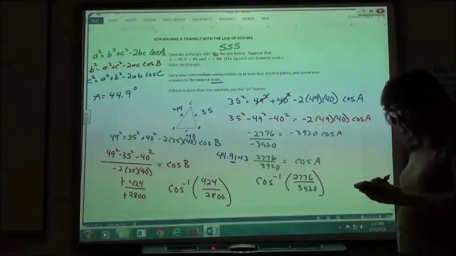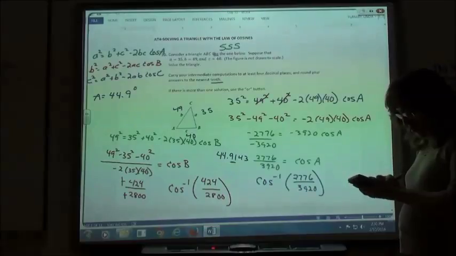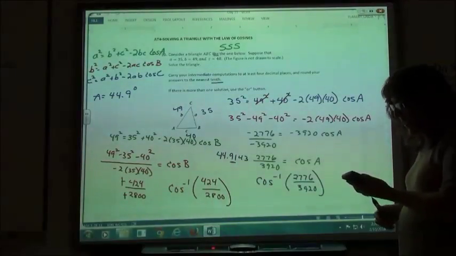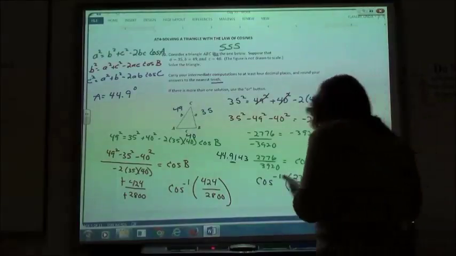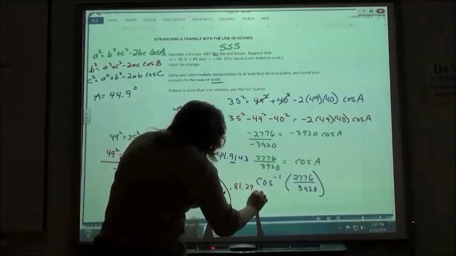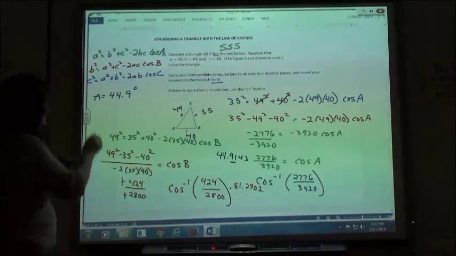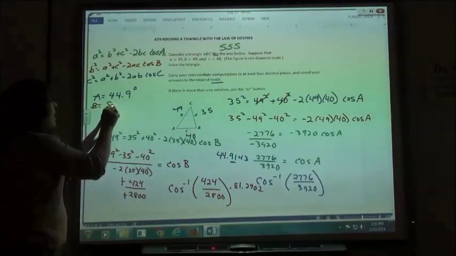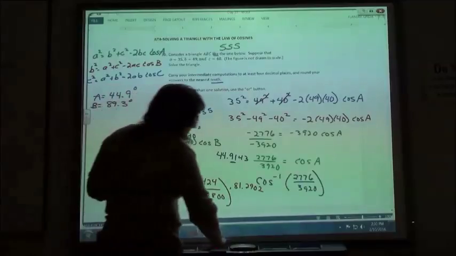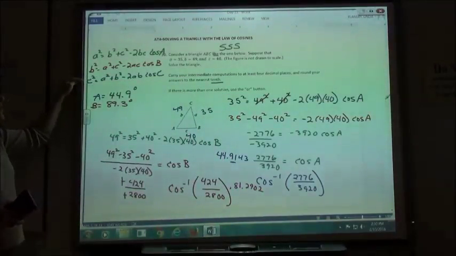So punching that into my calculator. Shift cosine, parentheses, 424 divided by 2,800, close my parentheses, gives me 81.29. So 81.2902, I would round that off to 81.3. So B, 81.3 degrees. Now, the next part is, I could use the third one with the law of cosines